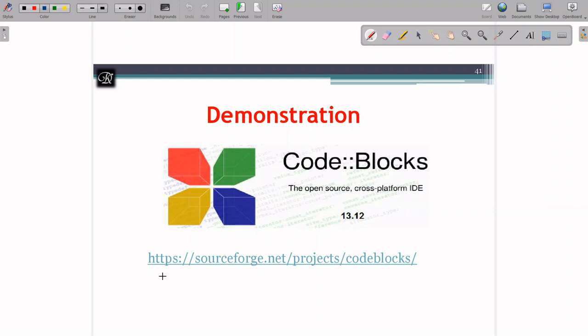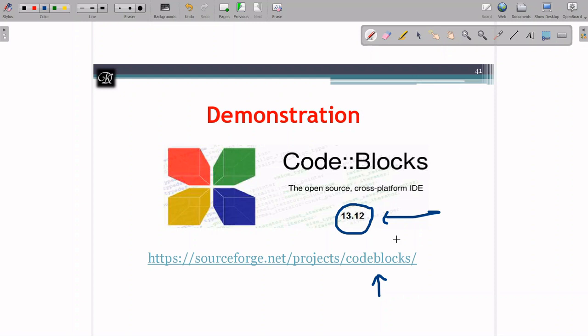And it has a higher version. What I have specified over here is the lower version only. As per my knowledge the higher version is 17 plus, I think. But why I am going for 13.12 is because when you download this from the given link over here, the higher versions are not coming with the GCC library. You might have heard about the GCC library when you were in first year. There you are using a GCC compiler to compile and run the programs. Here, that GCC library will not come with the higher versions of Code::Blocks. You have to add the GCC library separately.